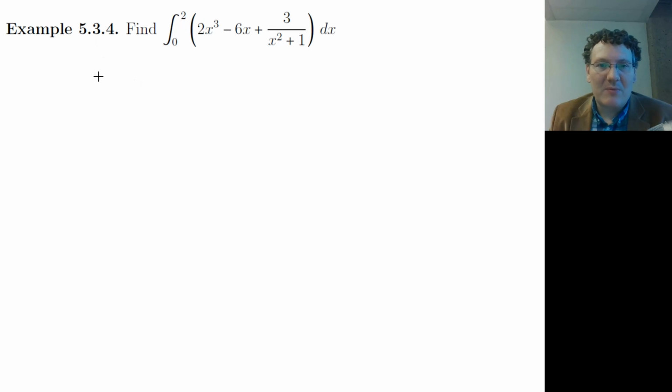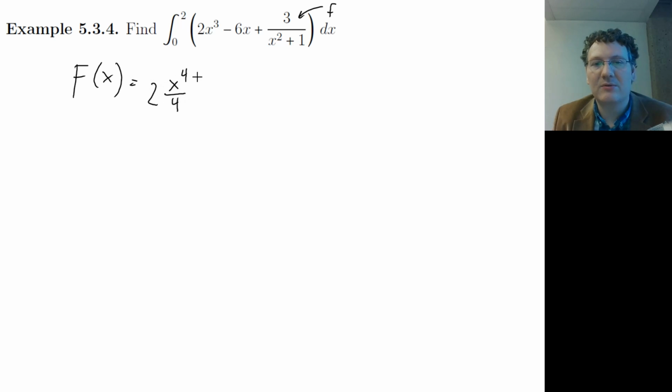So take another one. Here I'm going to be a little bit more explicit. I'm going to try to find f of x. I'm going to find an antiderivative. No, I'm not looking for the general antiderivative, just an antiderivative. So where this is my f, for the first term, we're going to have x to the 4th over 4 times that 2. So this is my antiderivative of x to the 3rd, x to the 4th over 4, minus 6x